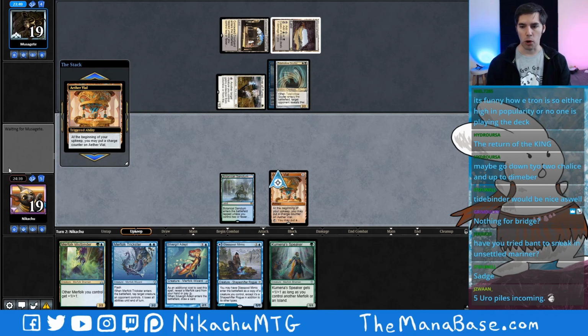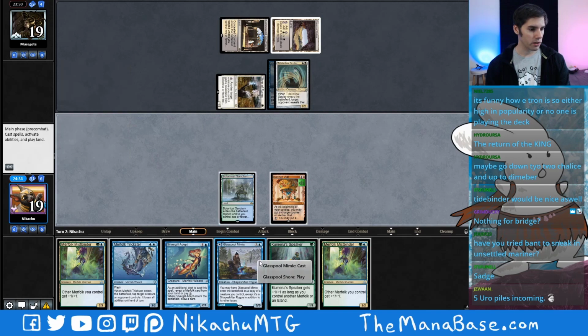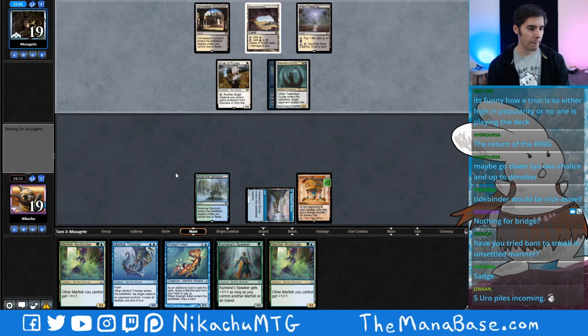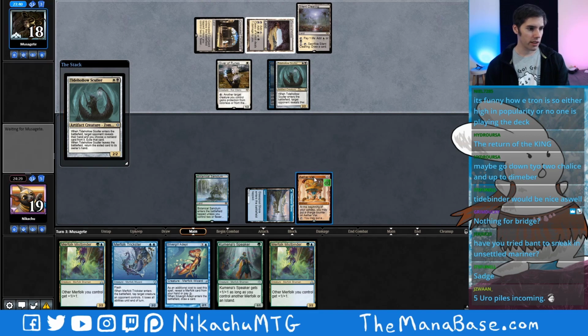5 Uro Piles coming. I'm hoping. I would love Uro Piles. Okay, we will definitely play this and pass. We could get pretty screwed if they play Skyclave here, because they'll take our Ether Vial. A lot of claves in the current metagame. So I will not let them take